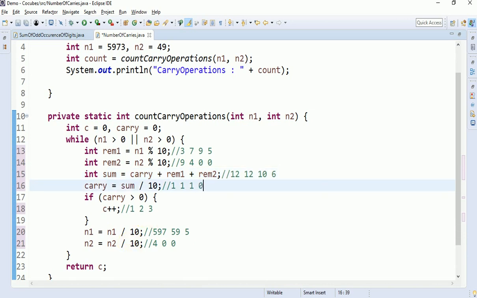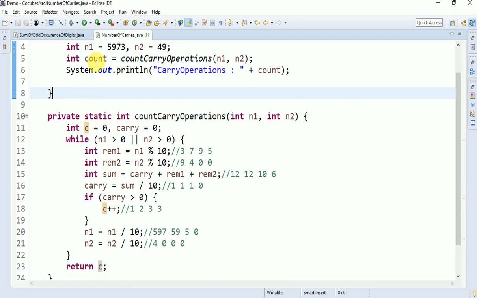Carry 0 means no count increment. So it still remains 3 in the fourth iteration, right? When it comes to n1 by 10, 5 by 10 means 0, and again this would be 0. So both are 0, no condition gets satisfied. This while loop stops. So what is the current C value? 3. So this output would be 3.